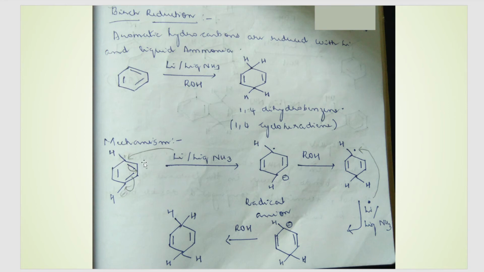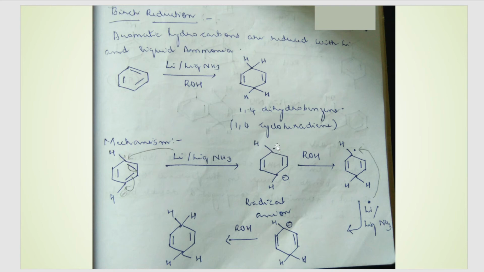As you know, in benzene there is delocalization of electrons. That is, this double bond is not restricted between these two carbons. It can move, and hence benzene can have different resonance structures. So first step is this bond will shift here, and because this bond is shifting here, this bond will further shift onto this carbon as a minus charge. Okay, so this carbon now will get a minus charge, and in the same step, lithium that is present in the reaction mixture will transfer one of its electrons to carbon number 1.